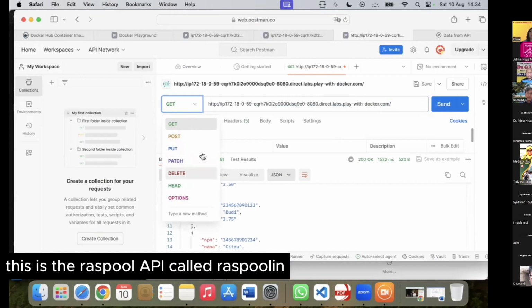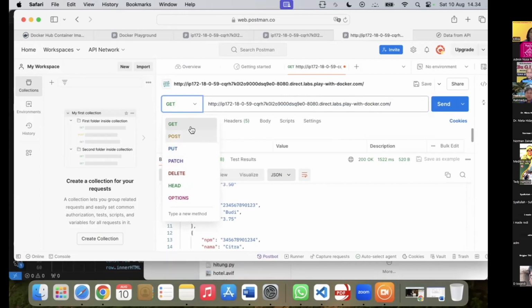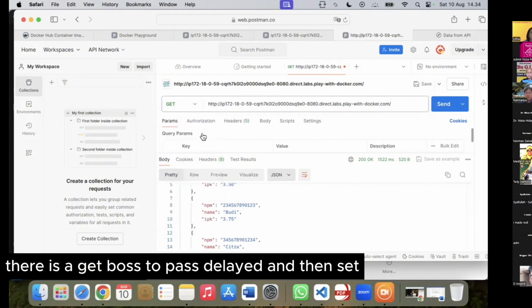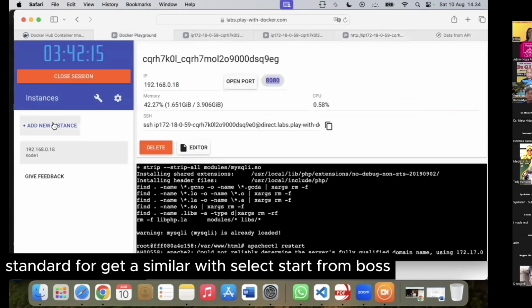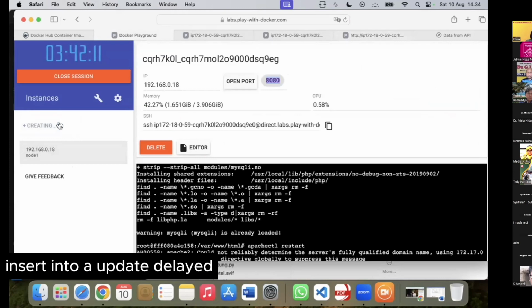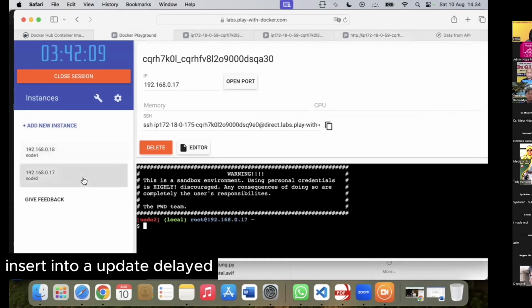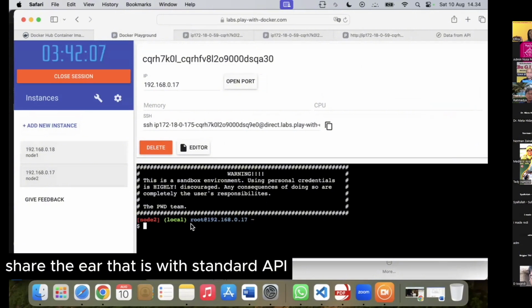This is the RESTful API. We call it RESTful. There is get, post, put, patch, delete, and etc. This is the standard. Get is similar to select star from, post is insert into, and then update and delete. CRUD here, but with a standard API.